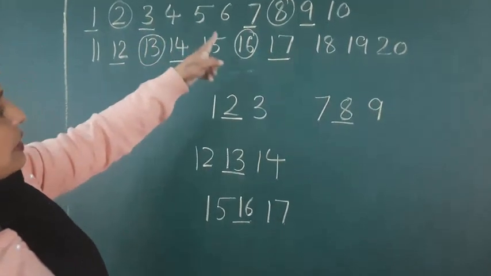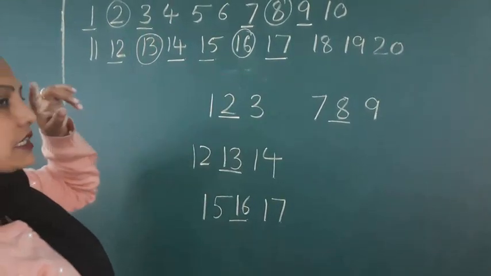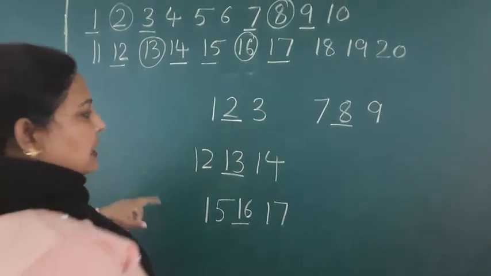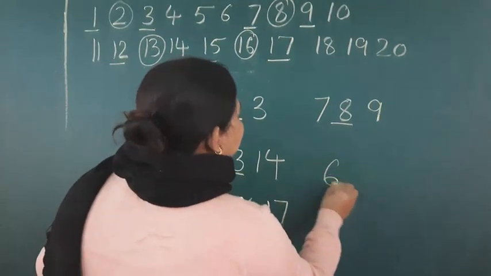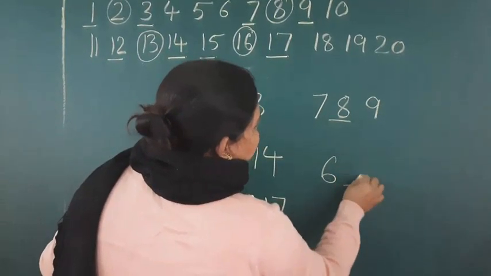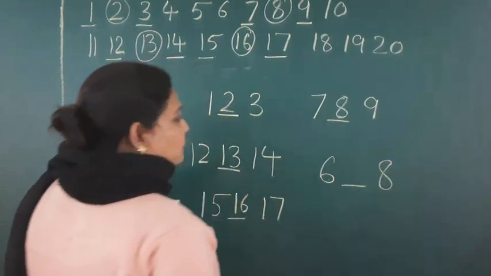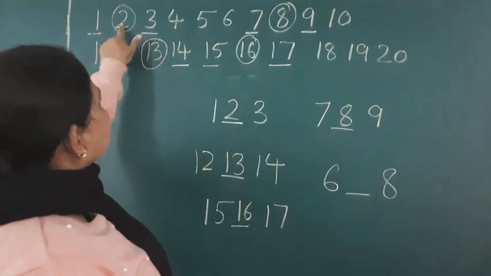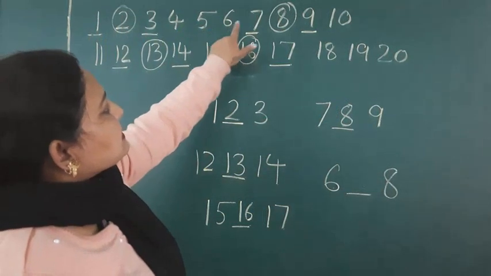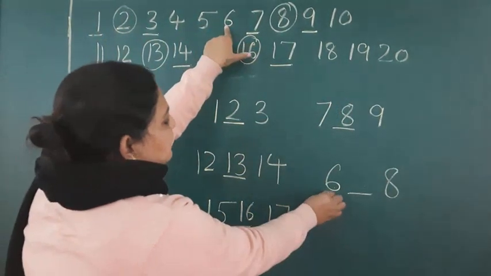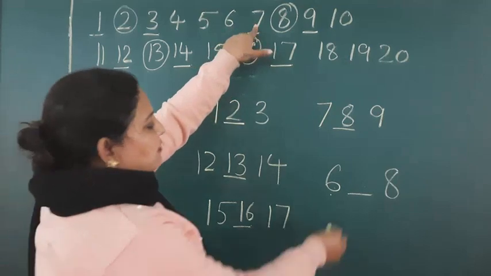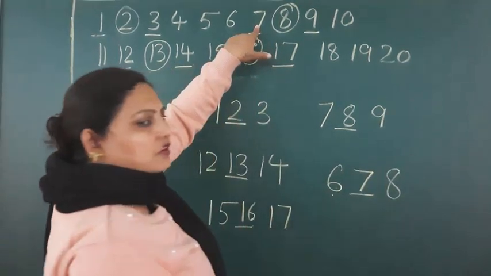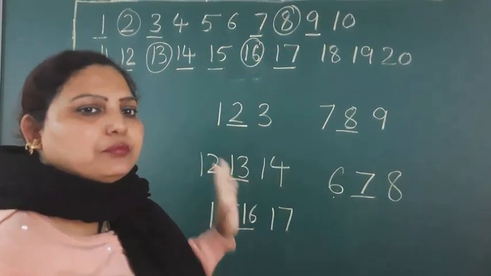Like that, 1 to 10 also in your mind you have to count it. Like if it is written 6 here and 8 here, so you have to count all the numbers. After 6 you will come to know: 1, 2, 3, 4, 5, 6. 6 is written here. After 6 which number will come? 7. So 7 you have to write. Okay. Like this you will do the middle number.